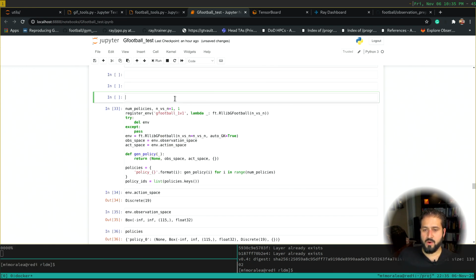Okay. So now we know how to do that with CartPole. We know the Google football environment. We know RLlib. Now we pull these things together. Okay. And then we're going to train the PPO agent, but to solve this. So here,